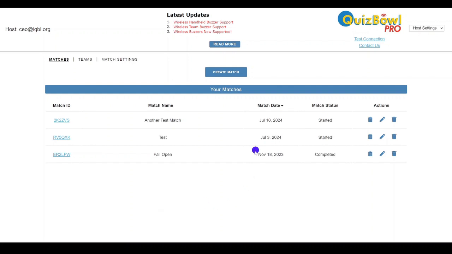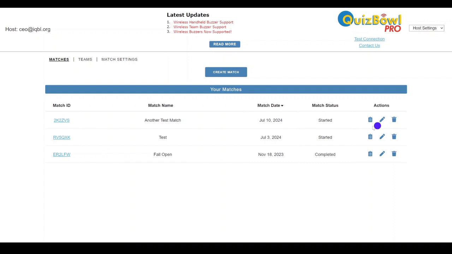for this purpose, we're on the matches screen in your app, which is the first one that you see when you log on. And we've got a list of our matches here, and just a quick little reminder on how this works. These blue links get you into the match manager for that specific match. You can use the clipboard icon to get into the Excel scorecard that's being generated as we go. You can edit the match settings. You can also get rid of a match when you're done with it by clicking on the trash can icon,